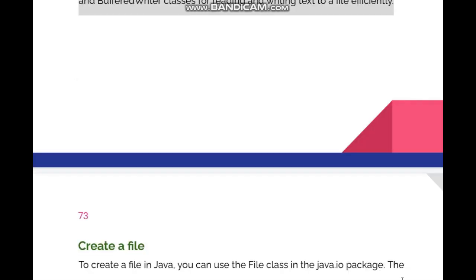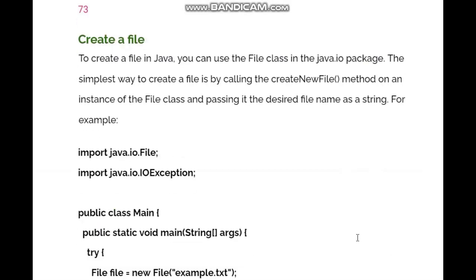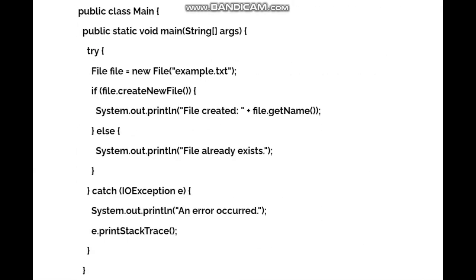Create a file. To create a file in Java, you can use the File class in the java.io package. The simplest way to create a file is by calling the createNewFile method on an instance of the File class and passing it the desired file name as a string. For example: import java.io.File; import java.io.IOException; public class Main { public static void main(String[] args) {